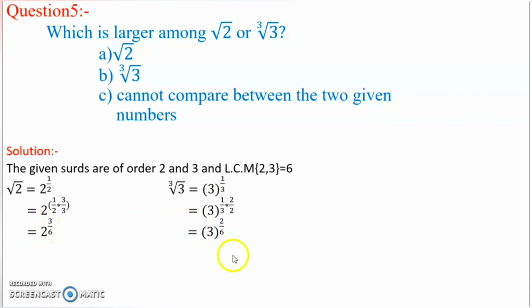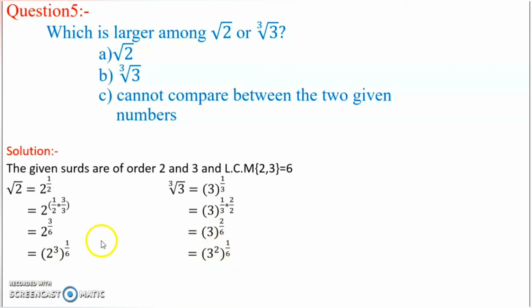But I have got two quantities. This quantity is raised to 3 by 6. This quantity is raised to 2 by 6. But what I want is the order to be 6, or the quantity raised to 1 by 6. So this can be written as 2 raised to 3 whole raised to 1 by 6, because 2 raised to 3 whole raised to 1 by 6 is the same as 2 raised to 3 into 1 by 6, and 3 into 1 by 6 is the same as 3 upon 6. Same way here, I will take this 2 inside. That is, I will write this quantity as 3 raised to 2 whole raised to 1 by 6.